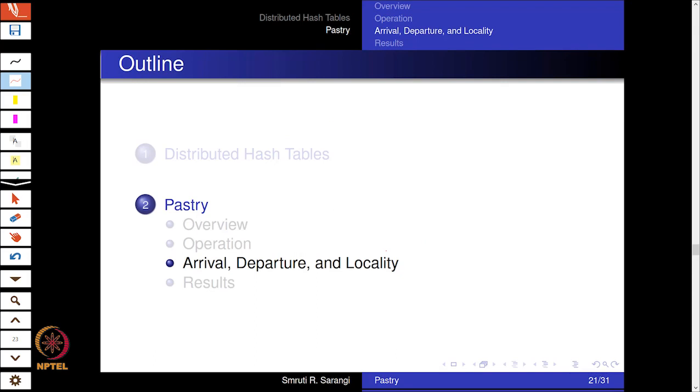So let us now look at the arrival, departure, and the locality aspects of nodes. One important point that is due here is that when I am creating a large ring of nodes, given the fact that they are actually arranged by their node IDs and not by any other metric, it is highly likely that if one node is over here, all the other nodes beside it are actually in other locations. So I would typically create a DHT out of many data centers or many server farms,